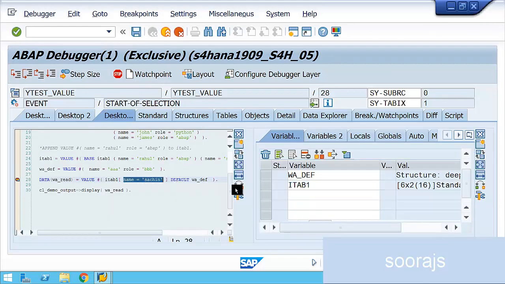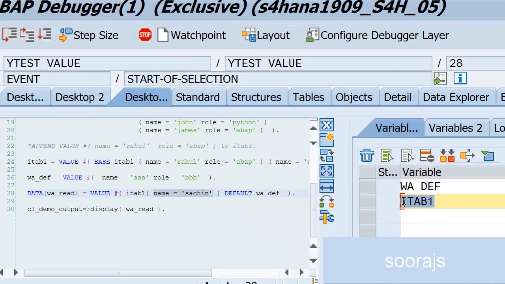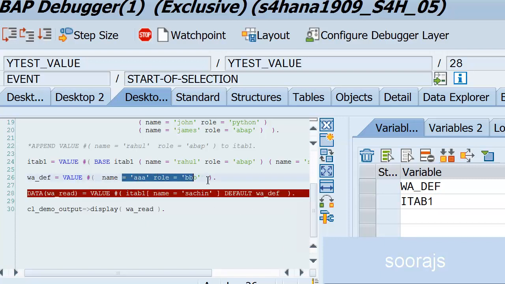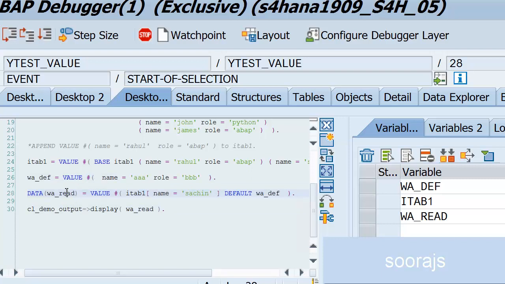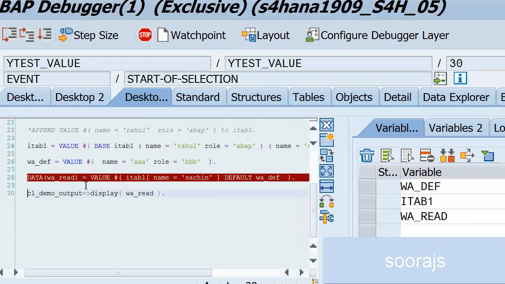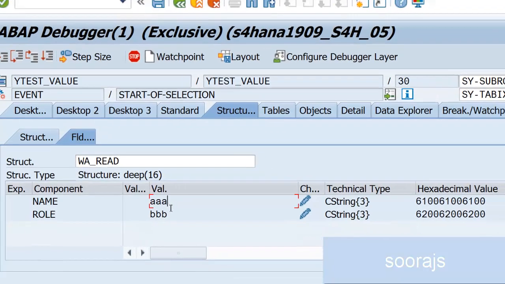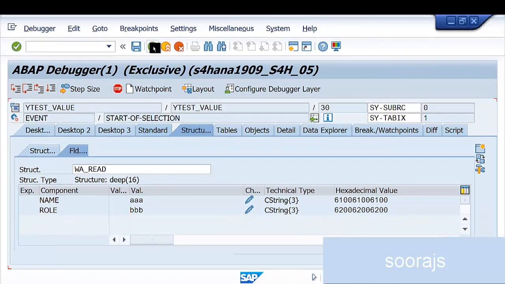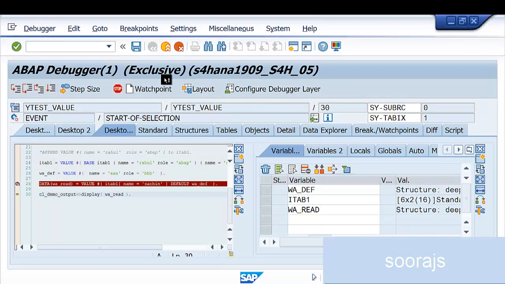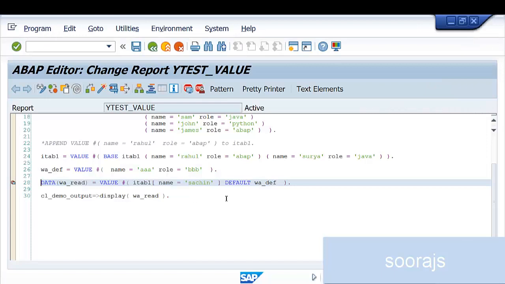So I am reading Sachin out of this, which does not exist in this itab1. So what will it return? It will return AAA and BBB to w_read. Press F8. So you can see AAA and BBB, because that value is not found. This is a very important use which you can make of the VALUE keyword.